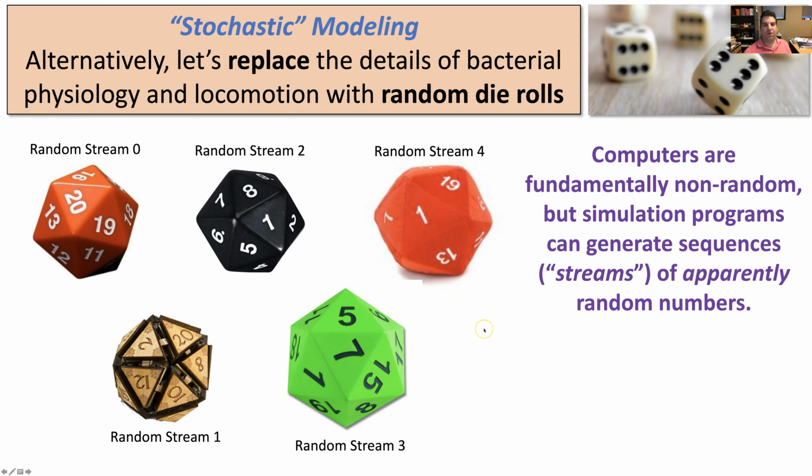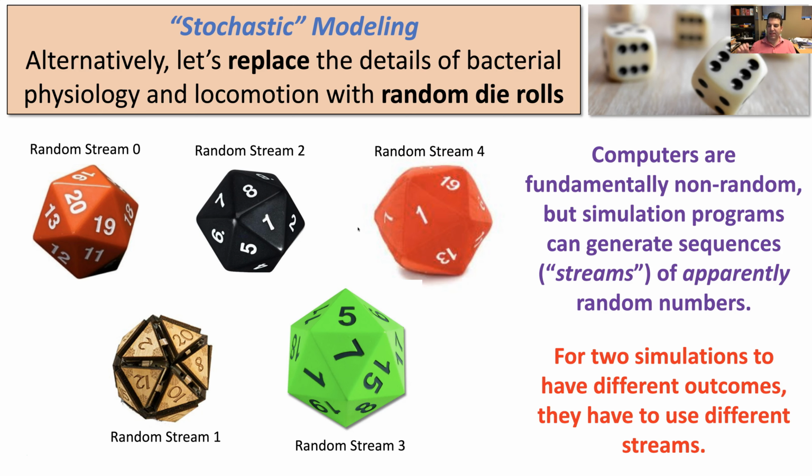And so if we really want different outcomes, like we want to say, well, let's see how the bacteria might grow on one day, and then let's see how the bacteria might grow on another day, we can set up the same stochastic model, but we can tell one model to use stream 0, another model to use stream 1, and so on, and then we'll end up getting the variability that we might expect in a real population. So for two simulations to have different outcomes, you have to use different streams. But otherwise, we can consider those two simulations to sort of be random, even though fundamentally they're being generated by things that are only approximately random.